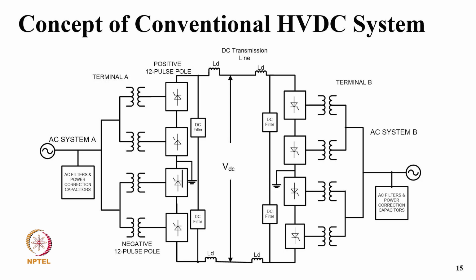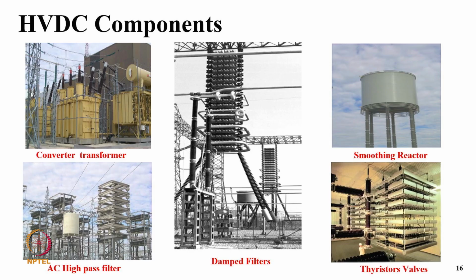We normally prefer the 12 pulse converter here because it is able to eliminate the harmonics of 12 and below, plus minus 1. So below 11 these are eliminated, as well as the sidebands. The lowest harmonics are 11, 13, then 23, 25. And for that we design the passive filter, because this thyristor converter station requires reactive power also for the purpose of control. So for that we use the capacitor, and this capacitor becomes a part of the passive filter also.